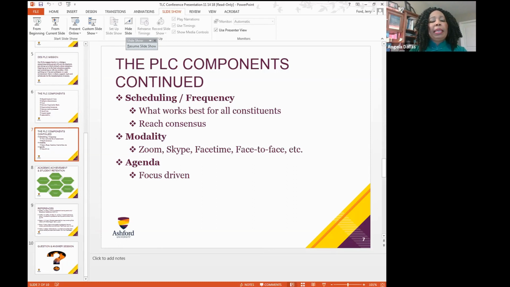For every meeting, it is focus driven, and we have an agenda that we follow. And that agenda consists of things that we're trying to do. There's always a quote that we use for reflection relating to what we do as educators and how we want to impact society.